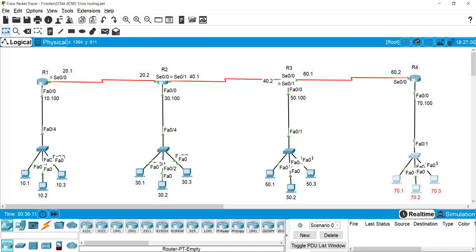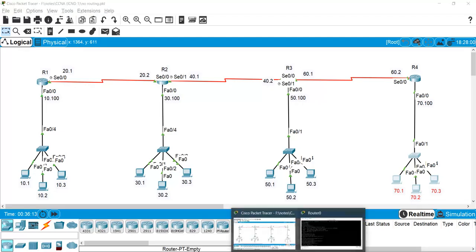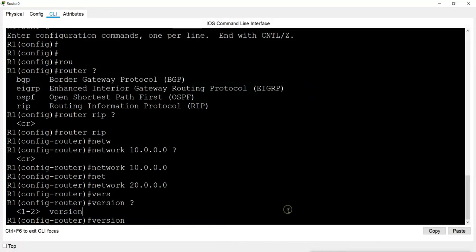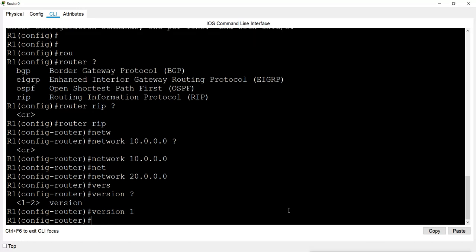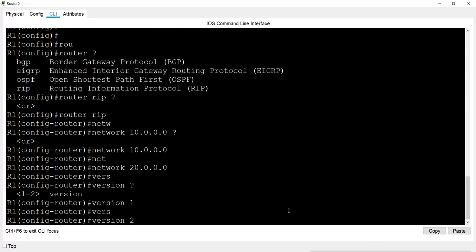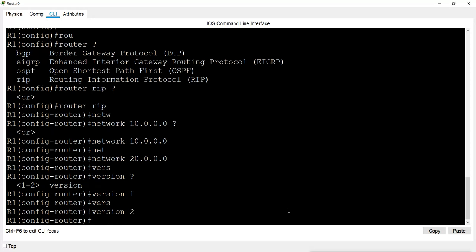So we can decide the version like this, version 1 or version 2. If we want version 1, we say version 1, that is default, and if we want to use version 2, then we can use version 2.